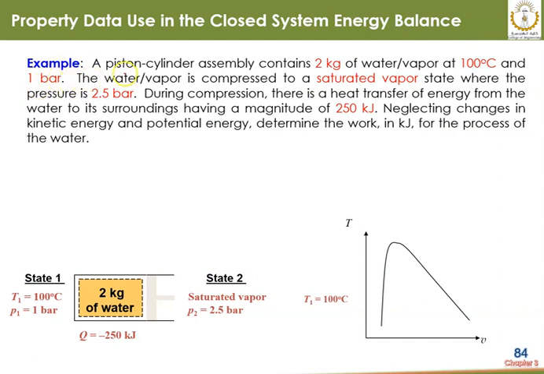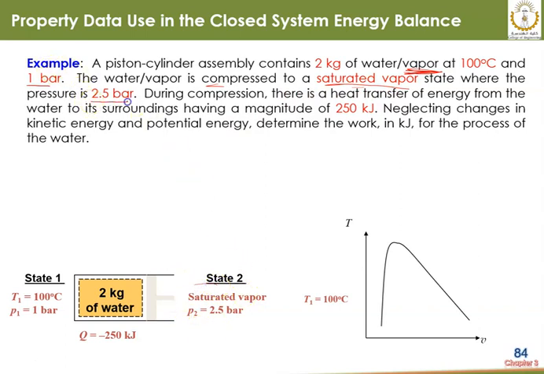And then in this problem we have a piston cylinder assembly containing 2 kg of water. Again, this is a closed system, but now it's a piston cylinder, so the volume is not constant because the piston will move. So you have 2 kg of water vapor at 100 degrees Celsius and 1 bar. The water vapor is compressed to a saturated vapor. So state 2 is saturated vapor